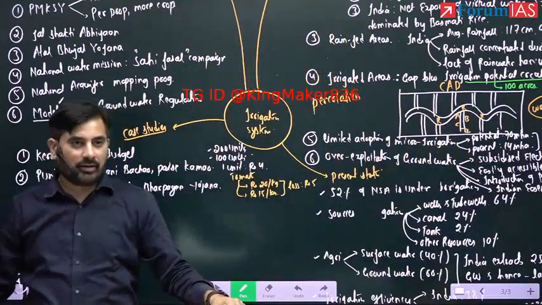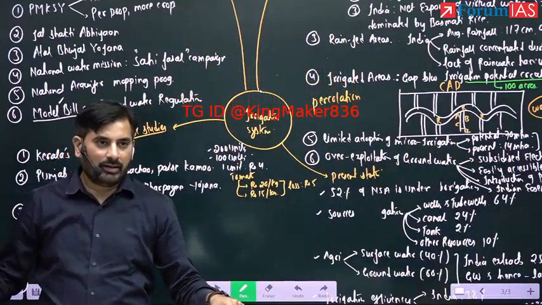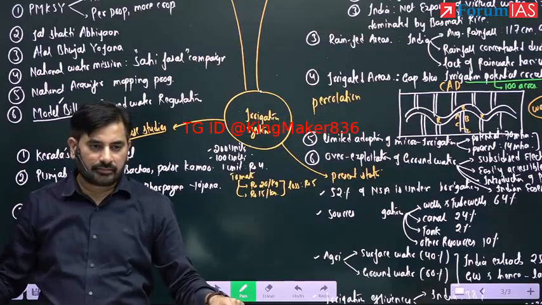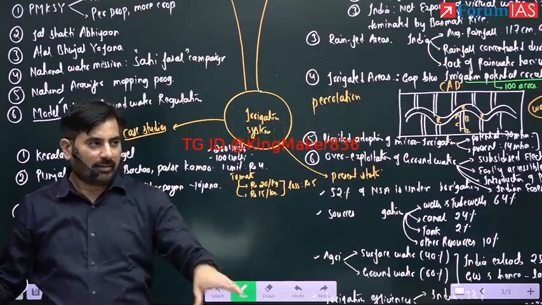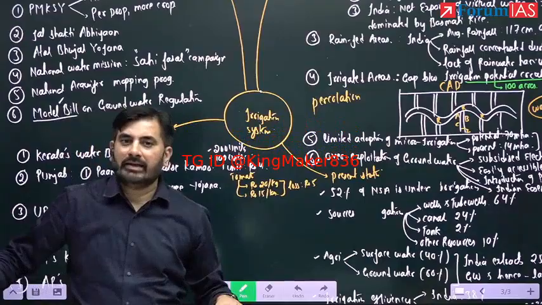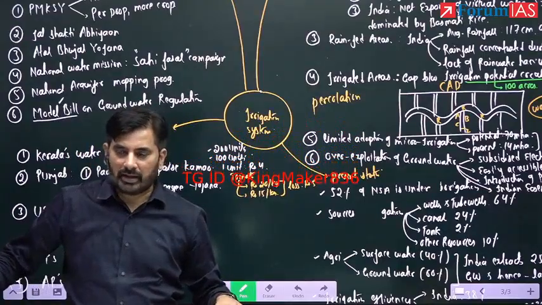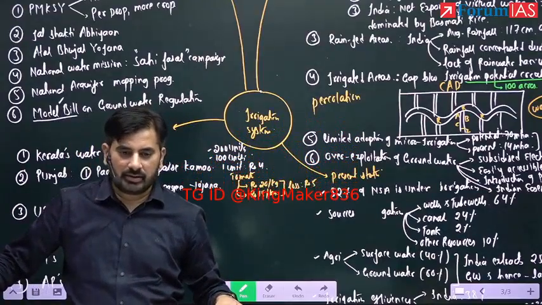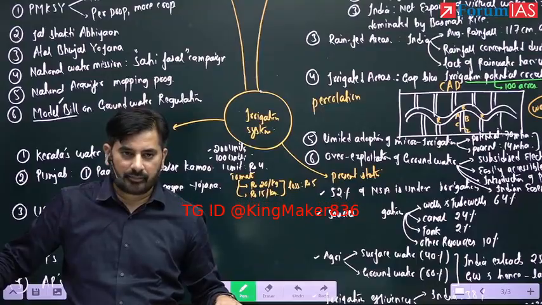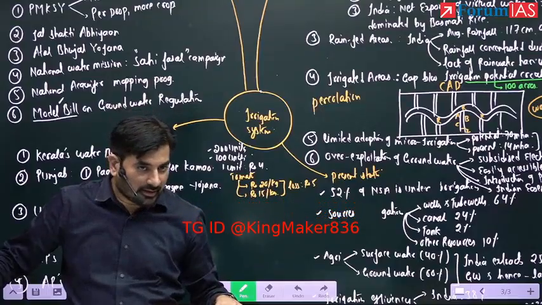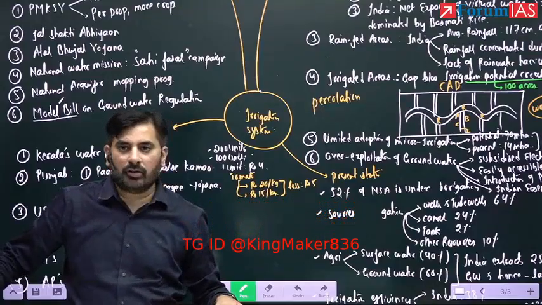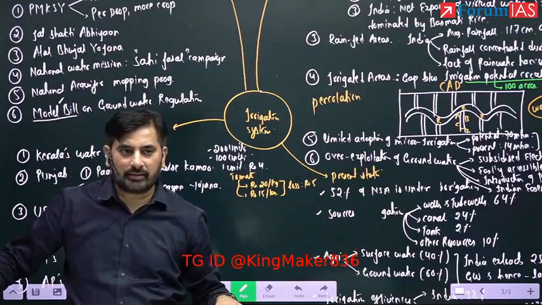Third, what else can we do to increase the supply? Yes, interlinking of rivers. Good. Interlinking of rivers. So these are the supply side strategies. Next, legal changes. Which act? Yeah, amendment of Indian Easement Act.